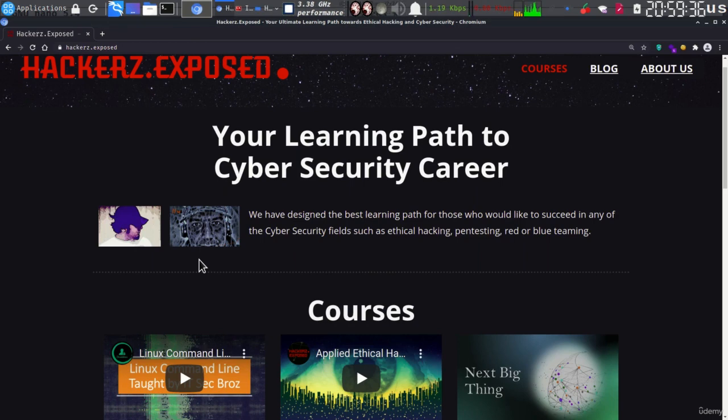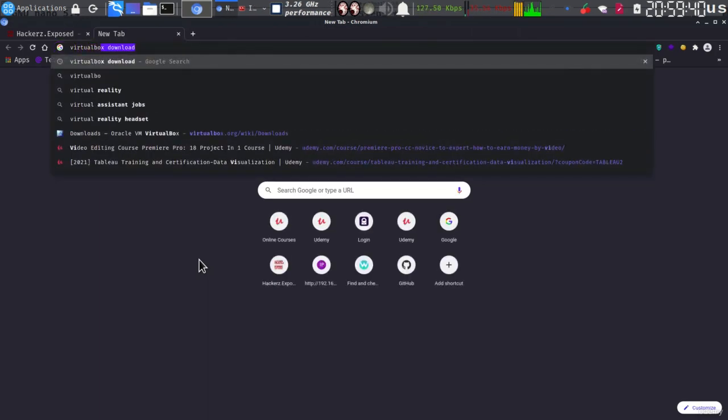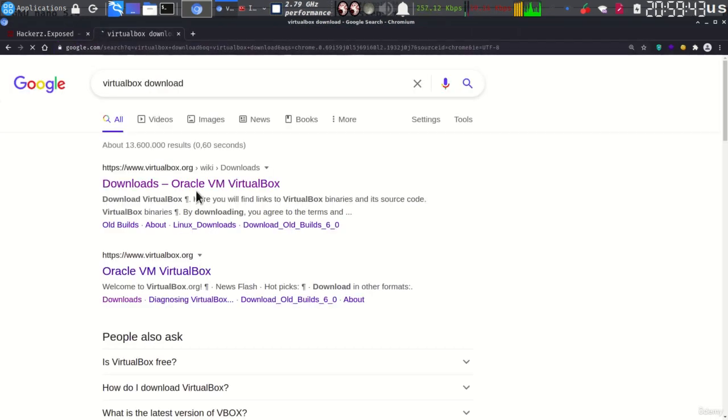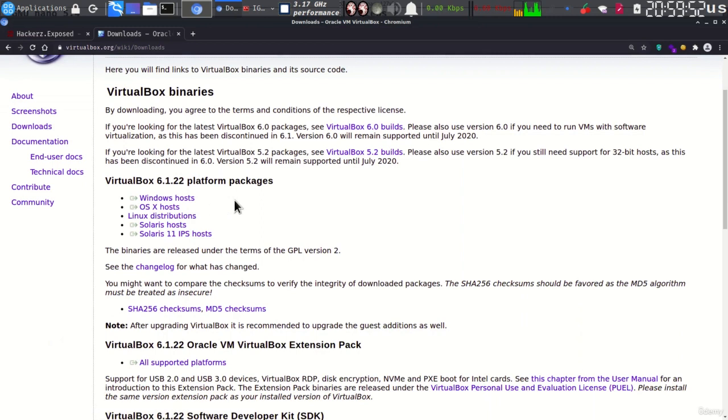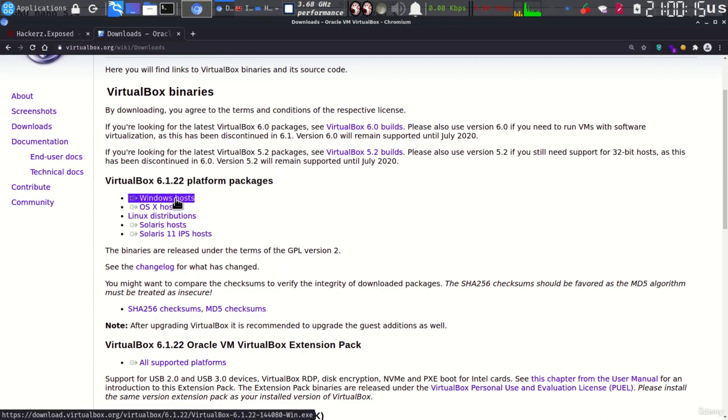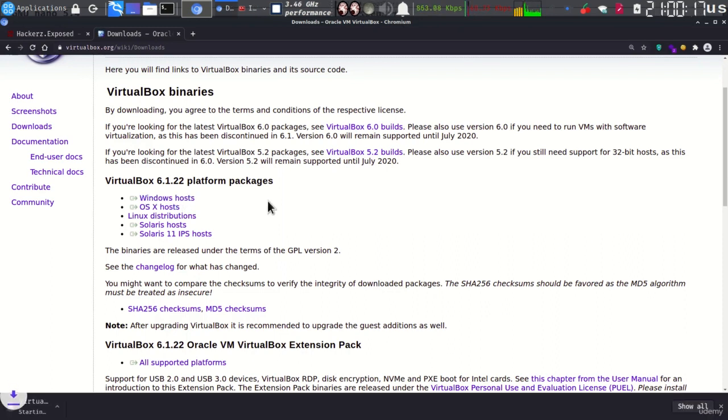So let's see how we can install VirtualBox and VMware on our environment. VirtualBox download is the search phrase we use. Simply we can navigate to virtualbox.org/wiki/downloads. Here, if your operating system right now on your laptop or PC is Windows, move forward and install this. You download this exe file right here, it's 100 megabytes, and then you click on it, next